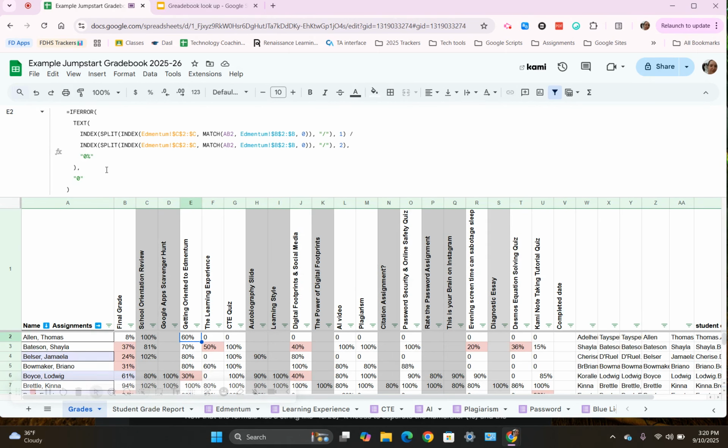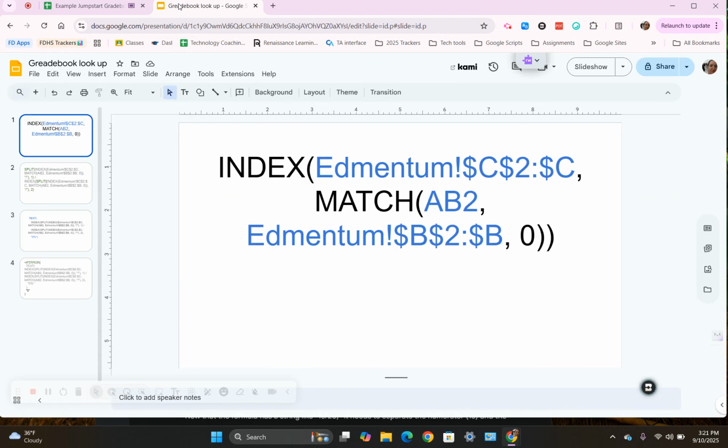This formula is long and complicated. It's really a case of me figuring out different parts of the logic and adding on to it. So I'm going to start from the very beginning. Let's start with the INDEX. What the INDEX formula does, and this is really where the secret sauce is, is it turns